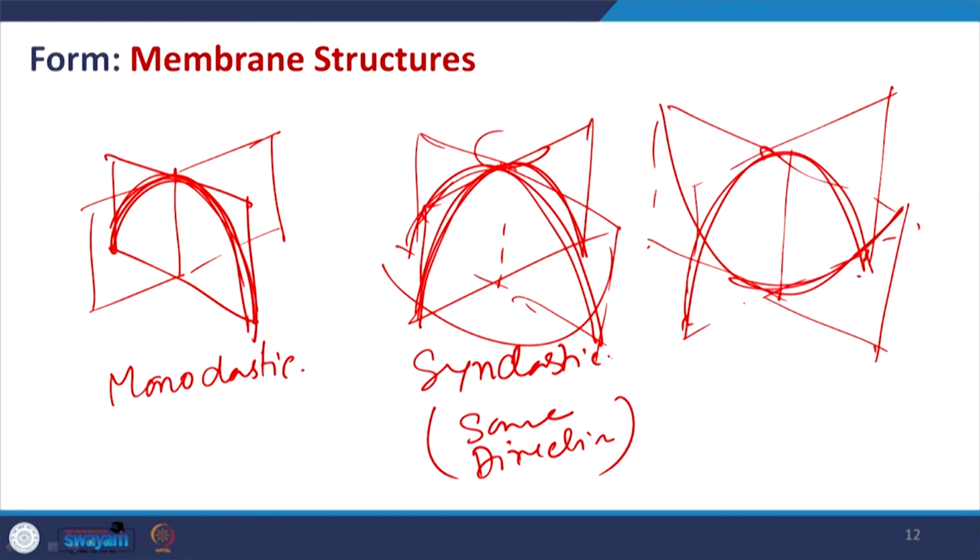So, then it is basically opposite direction, it is called anti. Anti means opposite. So, anticlastic. We have to remember this term very carefully, because this is being used in the shell structure, this is being used in other kinds of formation where this curvature is concerned to give the overall form